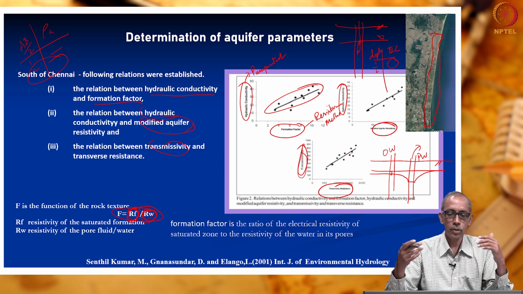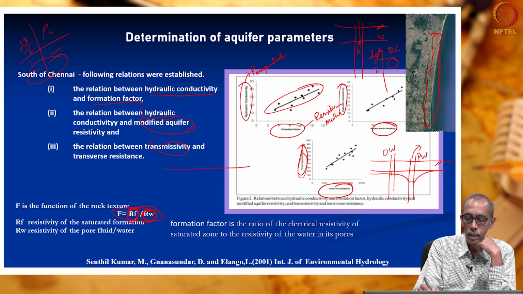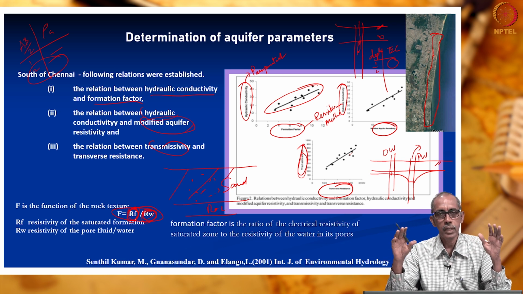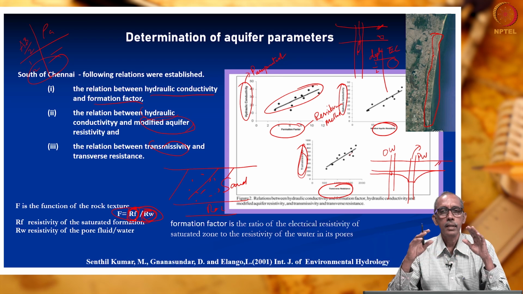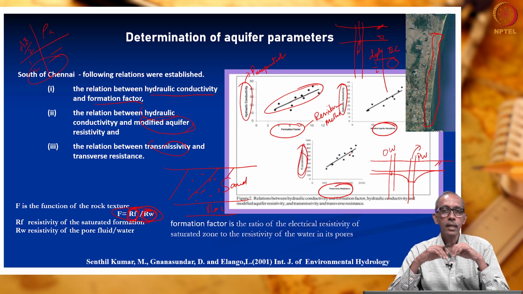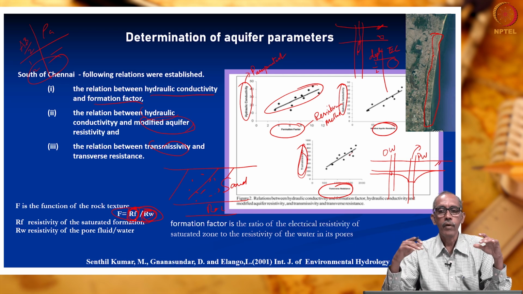Fortunately, in this case, as I told you before, this is the ground surface, beneath that we have only medium to fine sand everywhere. Below the sand, we have rock. This aquifer is more or less, I cannot say homogeneous, but reasonably so throughout 30 to 40 meters. The thickness varies from 15 to 70 meters in this area. So, if you consider only the top sandy layer, this relationship works well.